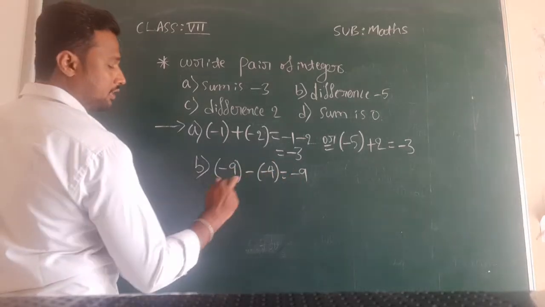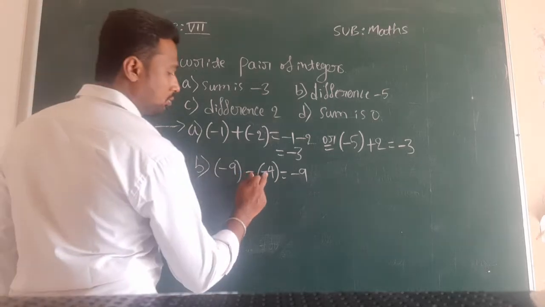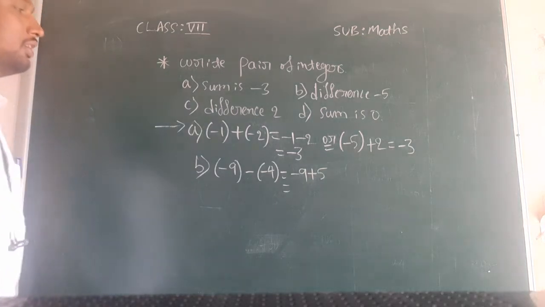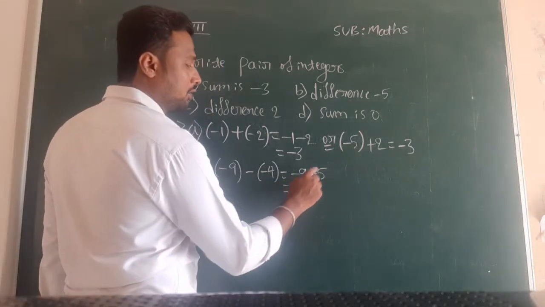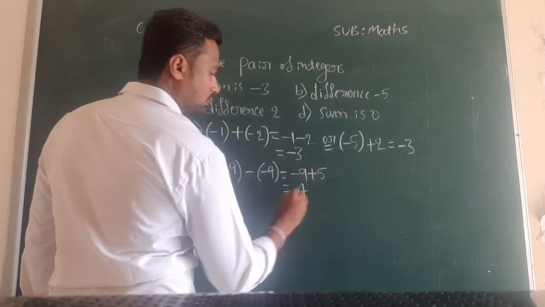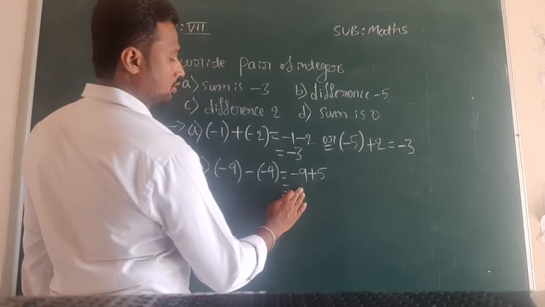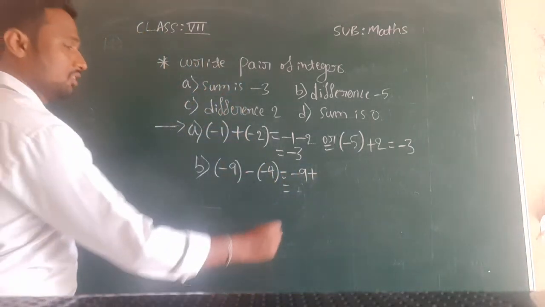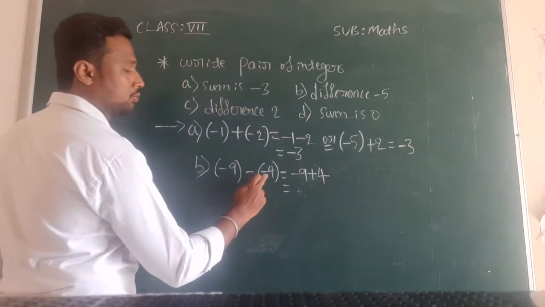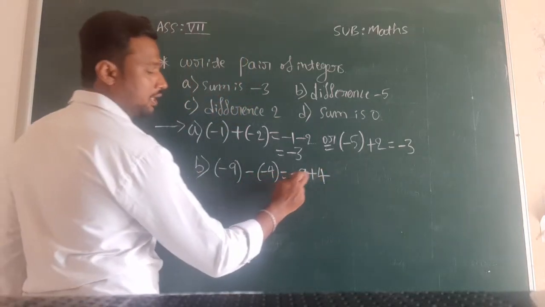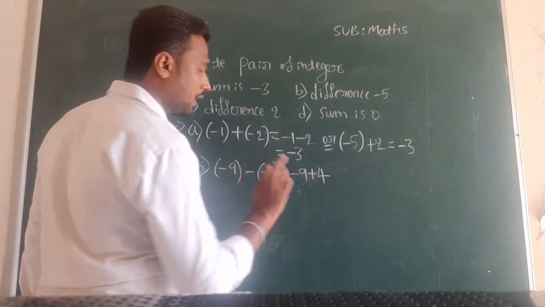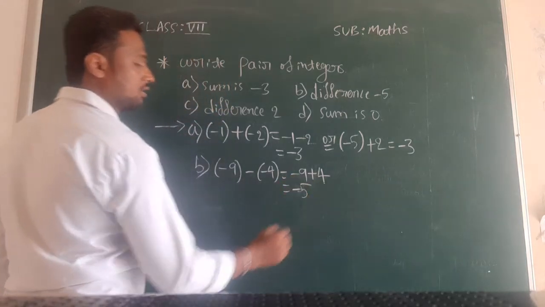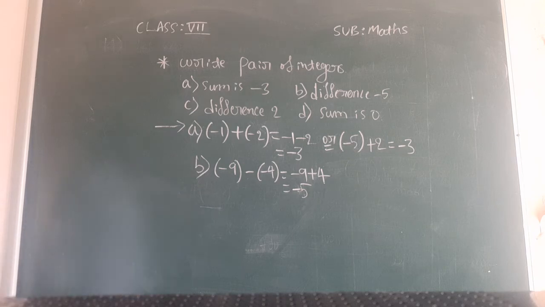Okay, so minus 9 I have written. I will remove these brackets now. Minus 9 I have written. Next, minus into minus is plus, so plus 5. Now minus 9 plus 5, what will you get? Minus into plus is minus, so 9 minus 5 means 4. So the difference what we have to get? Sorry, here I have written 5. Sorry for this. Here we will get 4 only. Minus into minus is plus, plus 4 I have to write. Minus into plus is minus, therefore we have to subtract. 9 minus 4 is 5, and the sign in front of the bigger value is minus. So what we got? Minus 5 only.